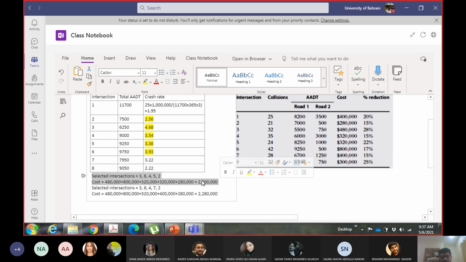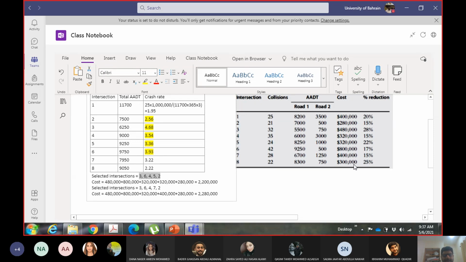Here you are having 80,000 more to spare, but in this case you are reducing more percentage of accidents. If you take this combination, the percentage of accidents you are reducing will be higher, because you have taken out the site which is causing less reduction, 15%, and you have kept the site which was causing more reduction, 22%. So 400,000 for only 15% reduction, and 320,000 for 22% reduction. So it makes sense that you keep this site and take out this one. It is costing more and reducing fewer crashes.